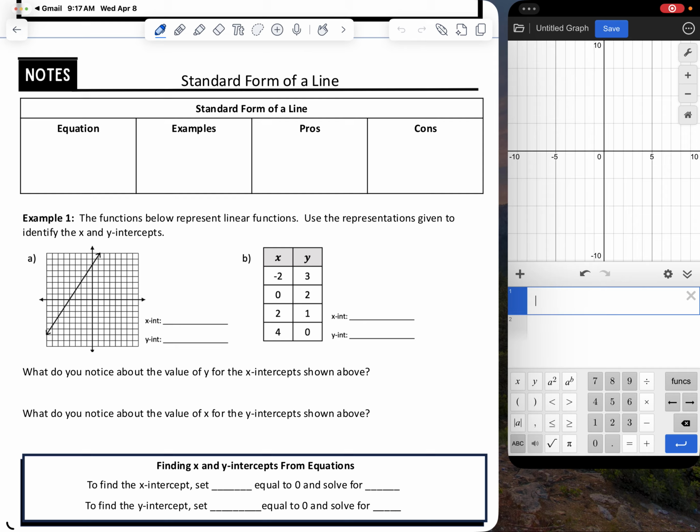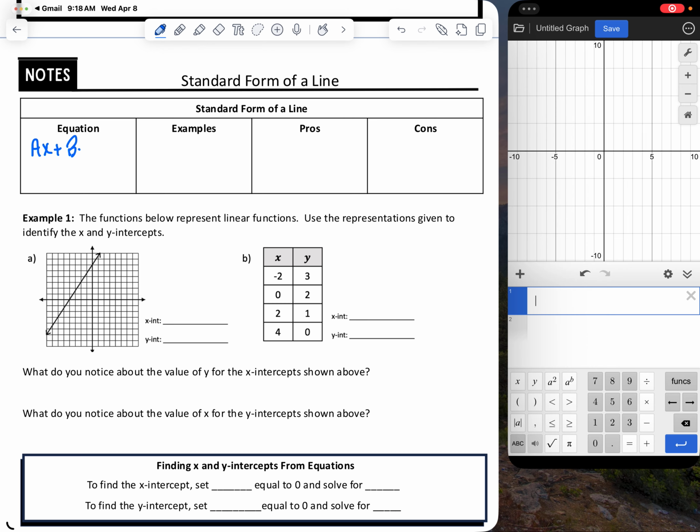In today's lesson, we will be exploring the standard form of a line. Before we do that, let's talk about the equation for standard form, some examples, and then some pros and cons of standard form. So the equation for standard form of a line looks like this: ax